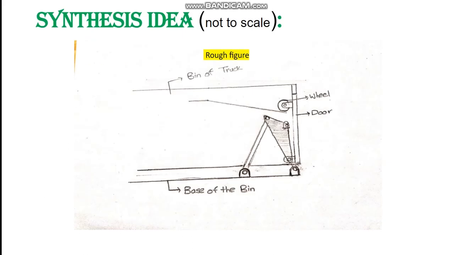This is the primary idea for the synthesis of the design. The mechanism is synthesized so that when the dumper tilts, as the rod is fixed to the base, this generates a rotatory motion across the revolute fixed to the dumper, due to which the door gets pulled out at the lower part, and the upper part carries the motion with the help of the wheel and slides on the slider, which is also fixed to the dumper.